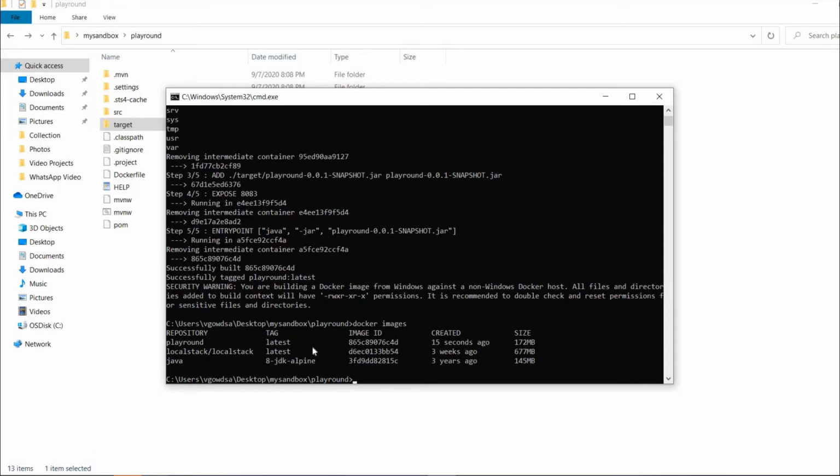Now the next part is we have to tag the image. How to do it? It is docker tag, and which one, playground, and what is the tag which we need to provide. Here the tricky part is the name we are going to provide; the tag should be the Docker Hub user name slash the tag name. So I use Wink Ice slash playground.